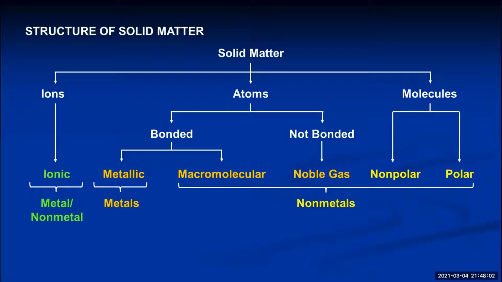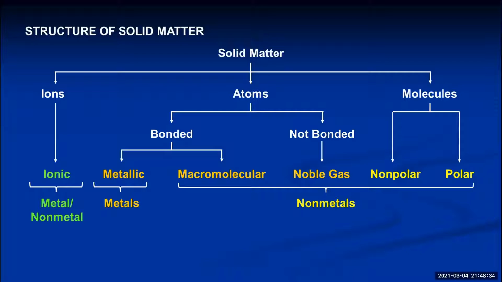You can also have matter that's not composed of ions, but it's composed of atoms. And it's important that you understand the difference when we say atoms or ions. Ions mean charged particles. If you say atoms, you really mean neutral particles. And sometimes we say, oh, that atom of a sodium ion. That doesn't make any sense. Sodium ions are ions. Atoms are neutral. So sodium atoms have no charge. Iron atoms have no charge. Oxygen atoms have no charge. So sometimes we can have solids that are just an array of millions and millions and millions of atoms.